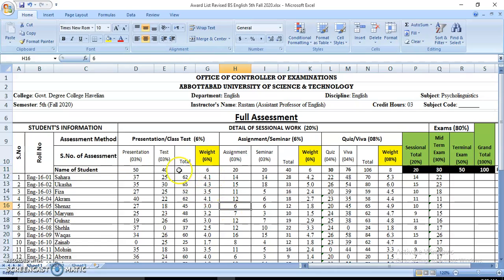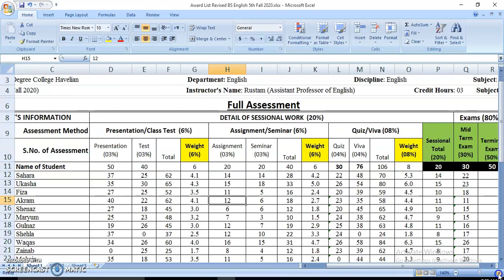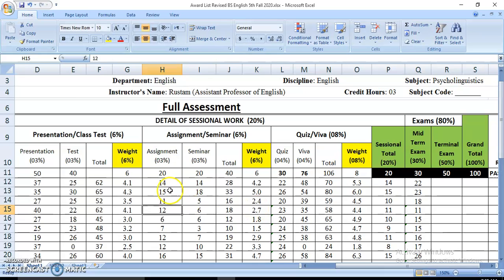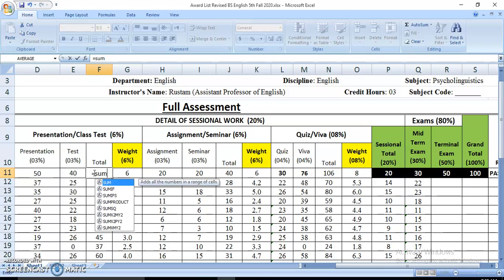First of all, you need to put the equal sign. Let me magnify for you. Hope it is visible now. Hit the equal key on the keyboard, then type sum and put a small bracket.